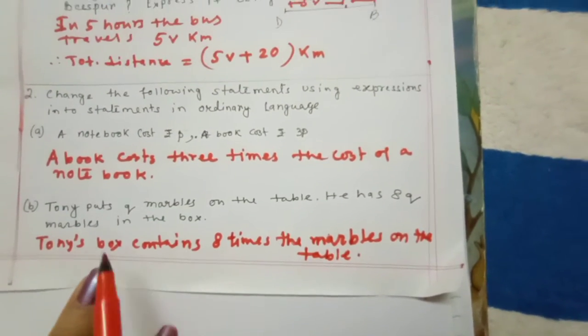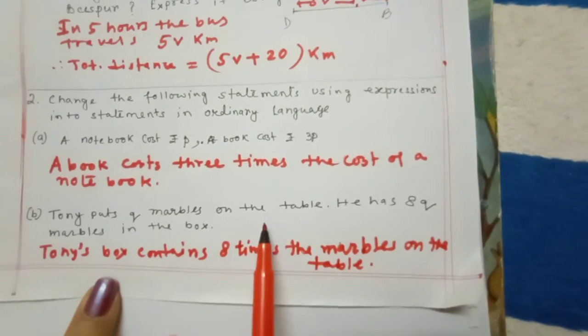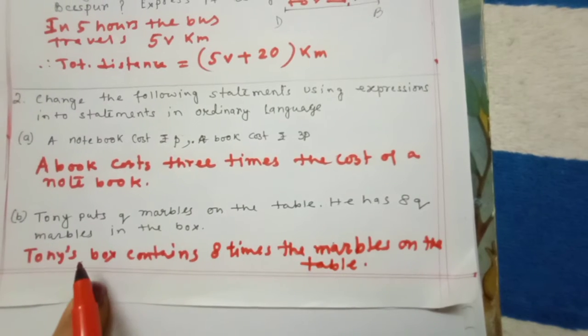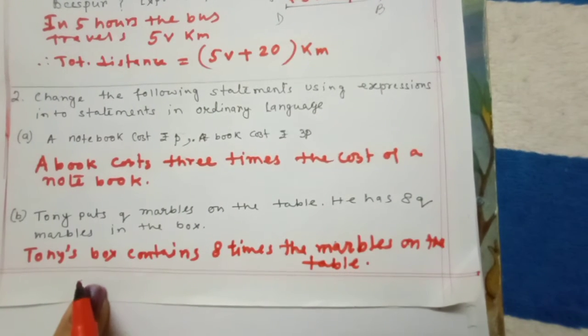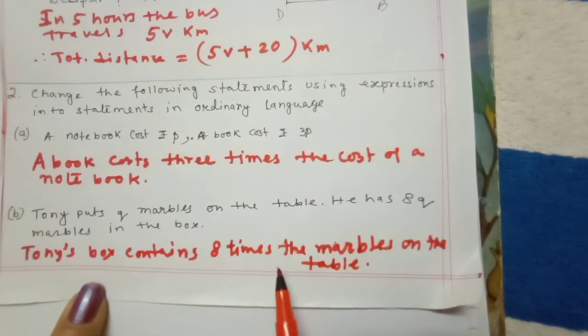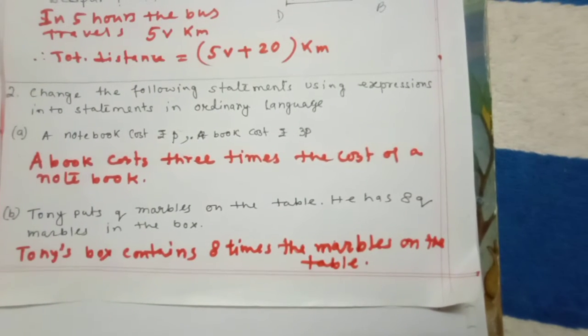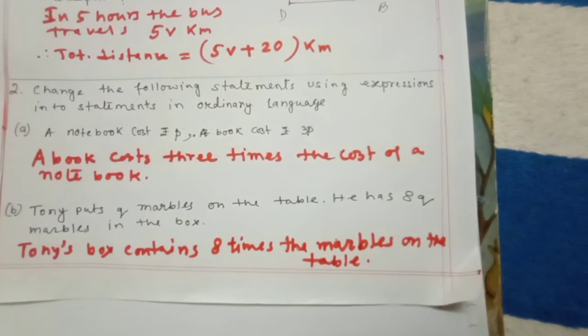Understood? Tony puts Q marbles on the table. He has 8Q marbles in the box. That means Tony's box contains 8 times the marbles on the table. Next question is,